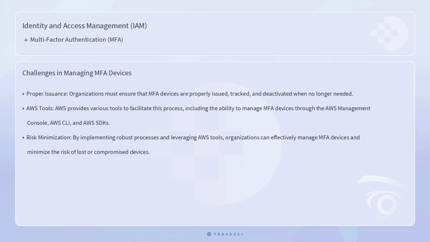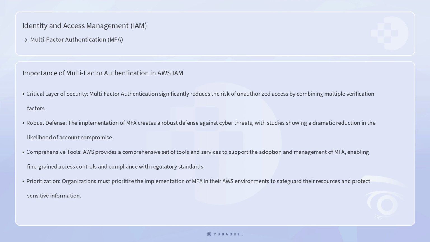Another challenge is the management of MFA devices. Organizations must ensure that MFA devices are properly issued, tracked, and deactivated when no longer needed. AWS provides various tools to facilitate this process, including the ability to manage MFA devices through the AWS Management Console, AWS CLI, and AWS SDKs. By implementing robust processes and leveraging AWS tools, organizations can effectively manage MFA devices and minimize the risk of lost or compromised devices. In conclusion, multi-factor authentication is an essential component of AWS IAM, providing a critical layer of security